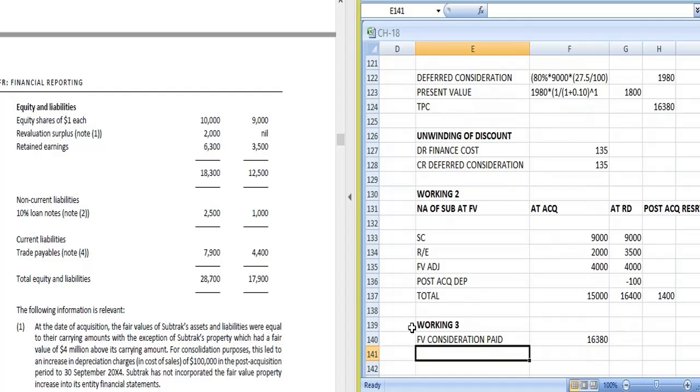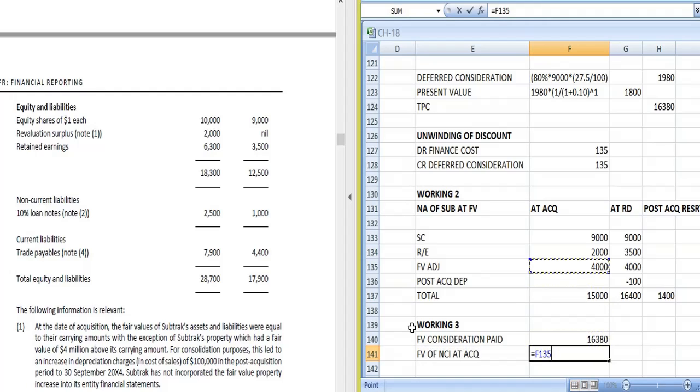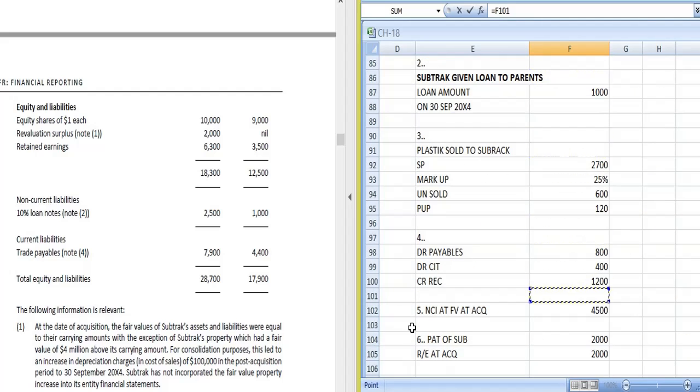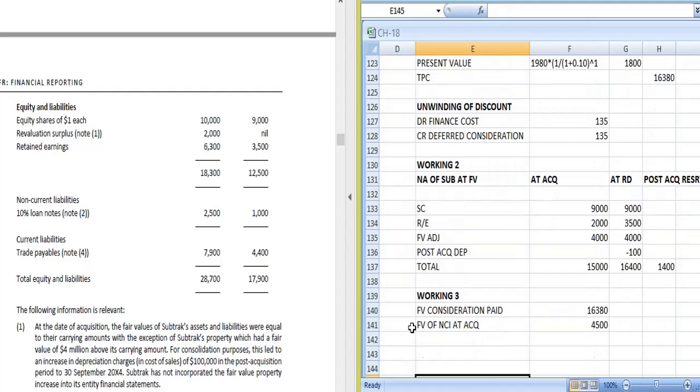Then we will write down the fair value of NCI at acquisition, which we have already calculated in the additional information section. So NCI at fair value is 4500, and we will subtract